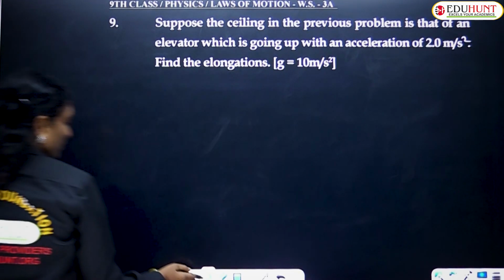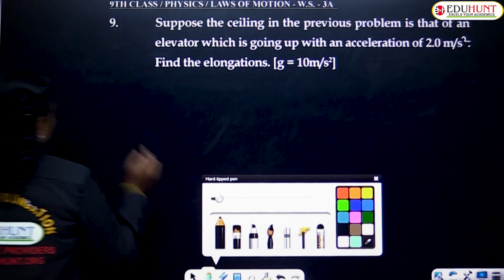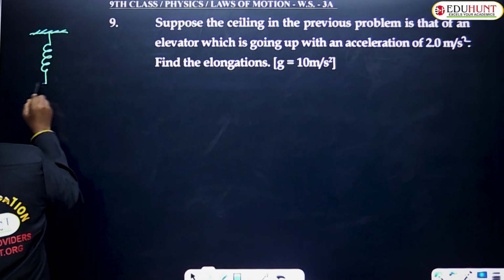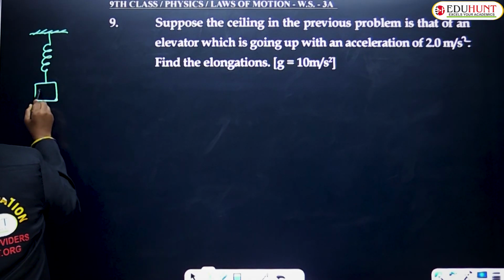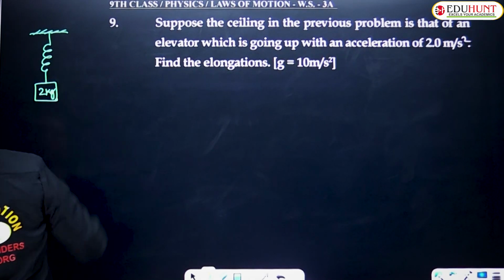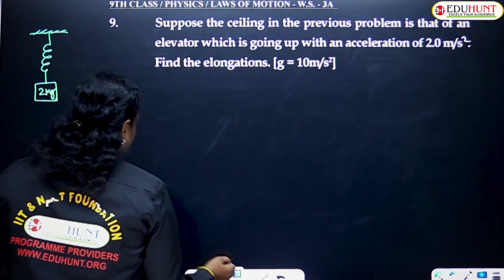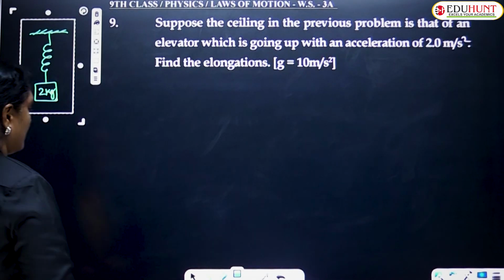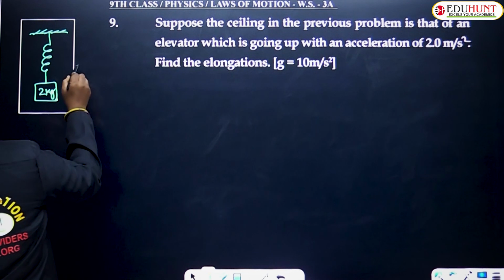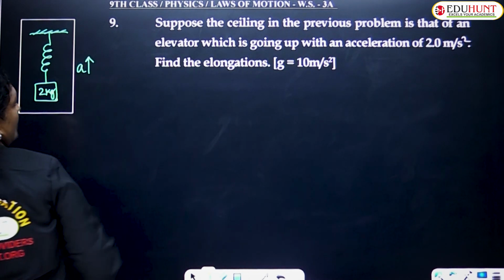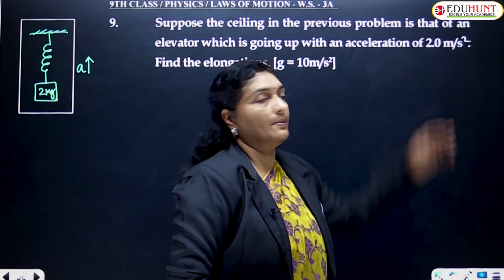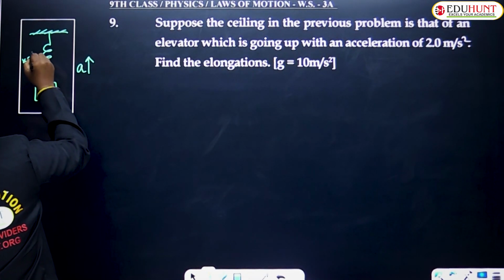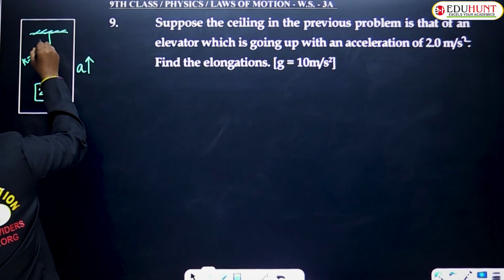The same picture we discussed in the previous problem. What was the picture, children? A ceiling was given through which a spring was being suspended, and to this a 2 kg mass was attached. The whole apparatus was kept inside an elevator, a lift-like structure, which is moving upwards with an acceleration of 2 meters per second square. And already we know that in the previous problem the value of k is 100